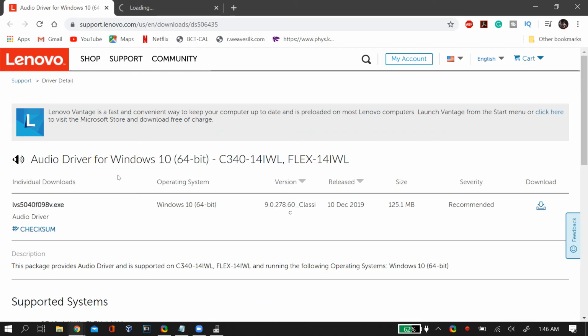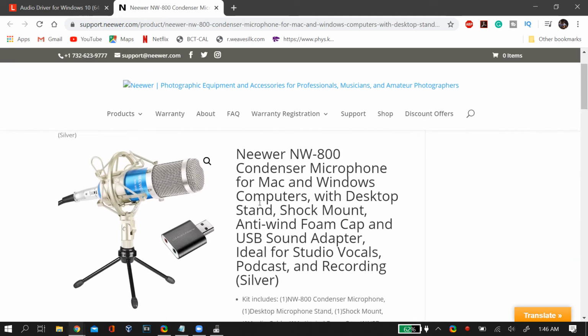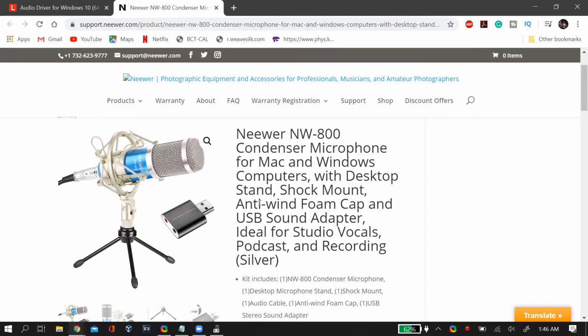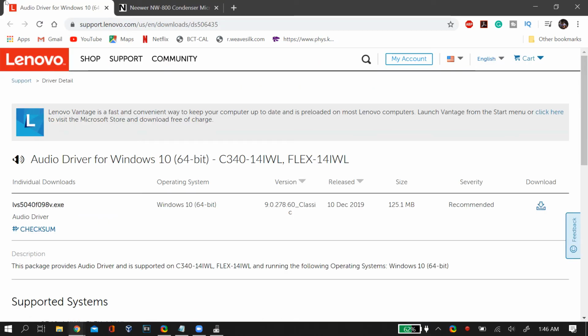If you're on a laptop, then just go to your laptop manufacturer's website and then search for audio drivers for your specific laptop model. For me, it is these drivers, and then just click on the download button and then follow through the instructions for downloading the drivers. And if you're using an external microphone which requires its own drivers, then you go to the manufacturer's website of that specific microphone and then download the audio drivers from their website. After you have downloaded and installed the audio drivers, then just restart your PC and check whether the new drivers fix your problem. Now if that still doesn't fix your problem, then we have two other ways to go.